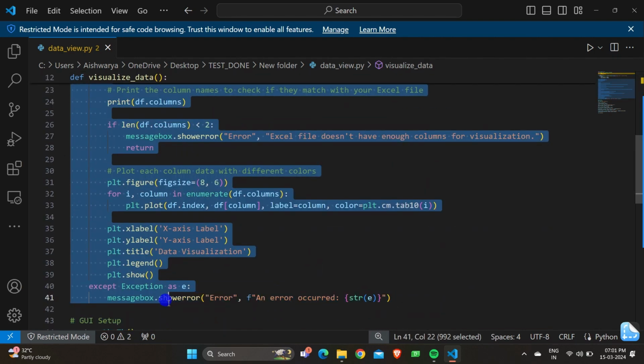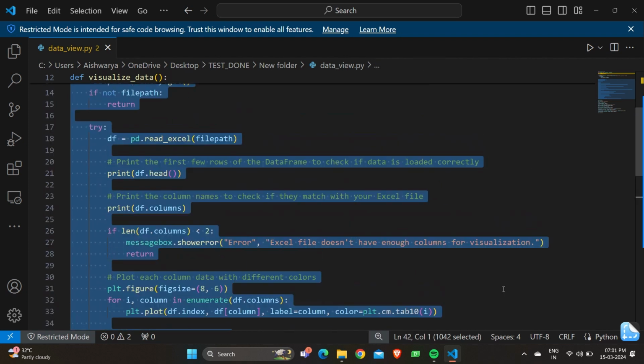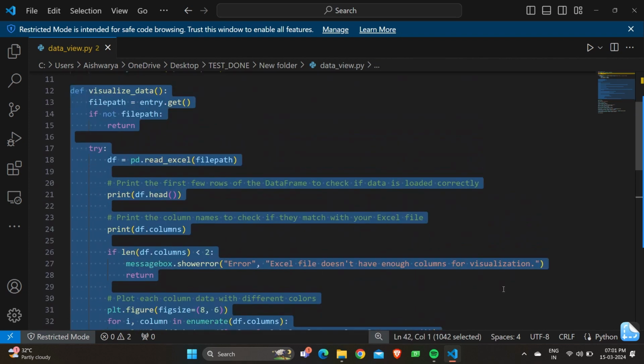Let's move on to the next function, which is visualize data. Here, def visualize_data. This line starts the definition of a new function named visualize_data, and we have file_path = entry.get(). This line retrieves the content of the entry widget and assigns it to a variable file_path. Again, there is an if statement: if not file_path, this line checks if file_path is empty. If it is, meaning no file path was selected, the condition evaluates to true. And we have return, this line exits the function early if no file path is selected, preventing further execution